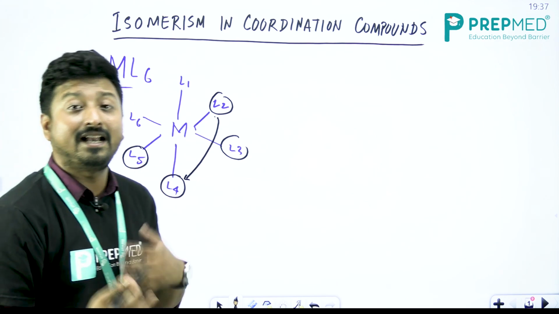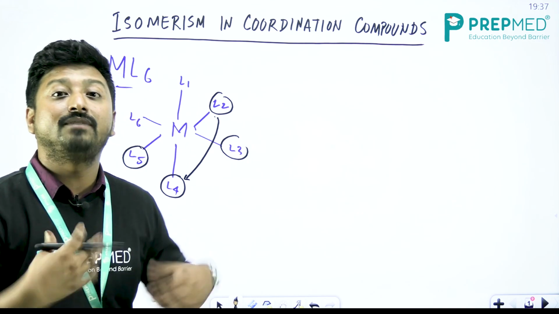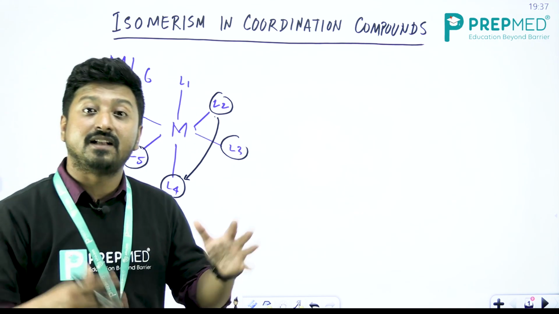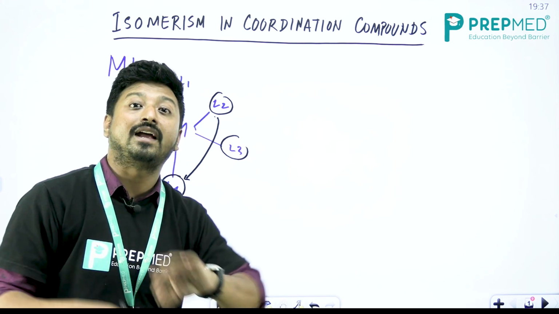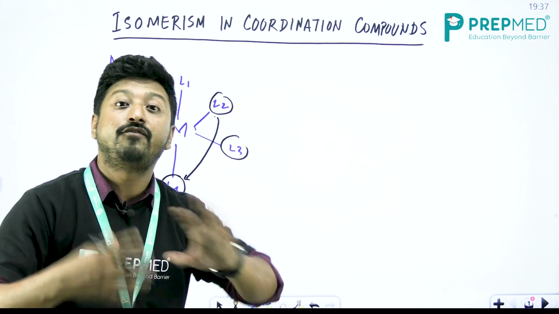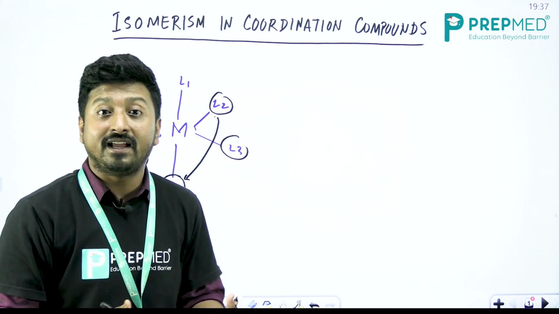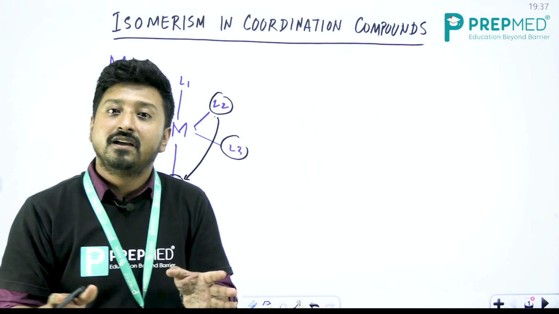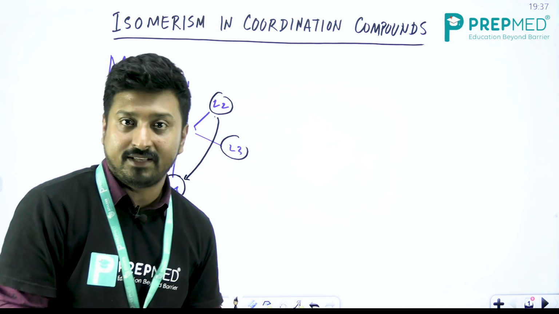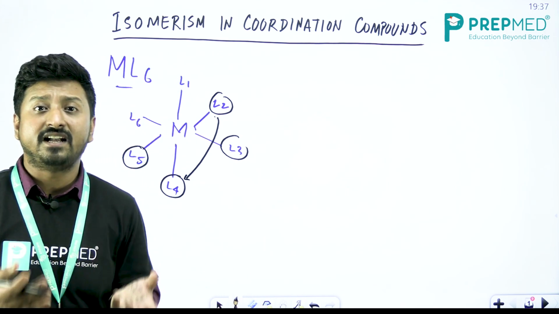So we can get a different set of pairs, and from that, that means the number of cis pairs and number of trans pairs, we can get different geometries and different formations. Now see, in all the cases, if I talk about heteroleptic complexes, where the ligands are different,